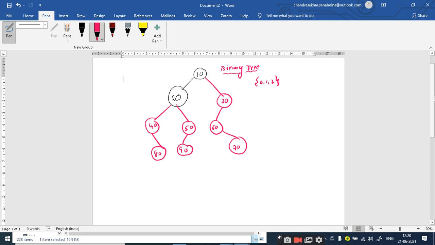Now can anybody tell me the pre-order traversal for this binary tree? Are you people trying? Anybody please tell me the pre-order traversal.